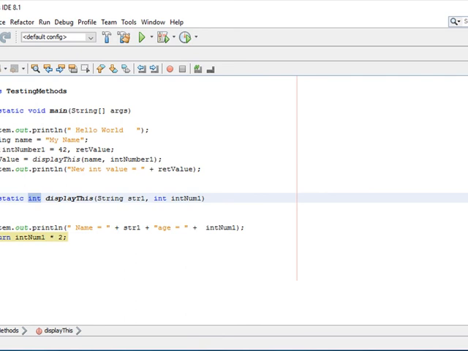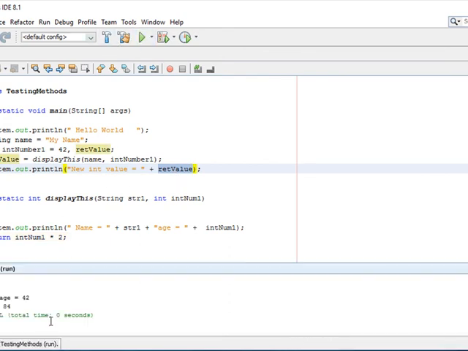Return the integer value, and we returned what was passed to it, which is 42 times 2, so that when we do the system out, we see the new value here, which is 84. Okay, so that's an example of methods. We'll stop